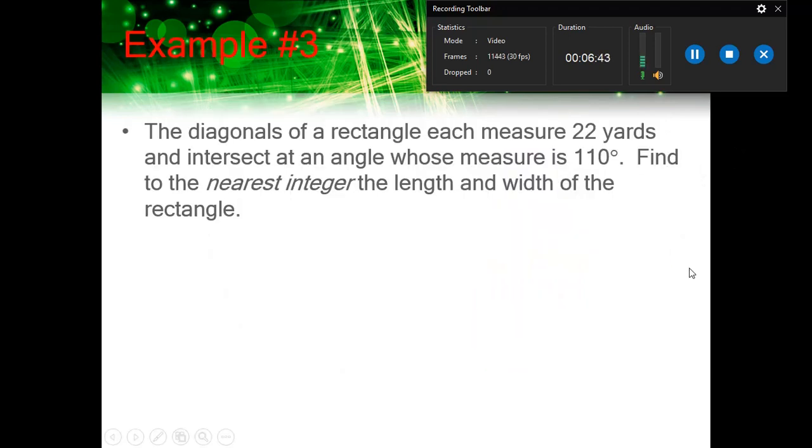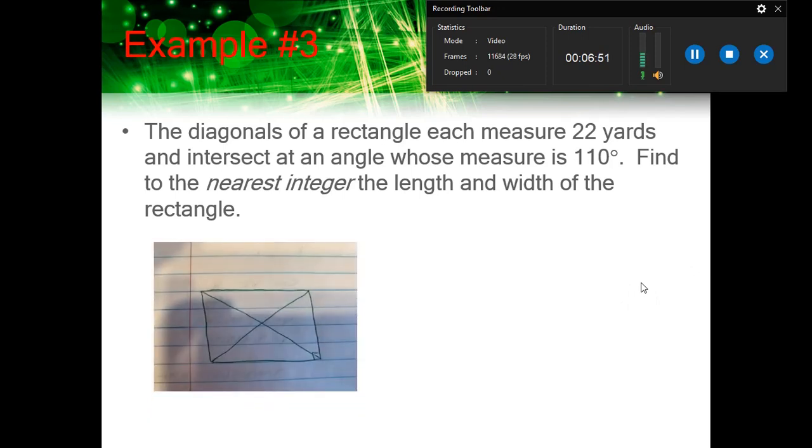For example number 3, they're talking about the diagonals of a rectangle, each measuring 22 yards. So let me start with my rectangle diagram. I did draw in both diagonals, and I did mark one right angle. Remember, in a rectangle, the diagonals are congruent, and they'll bisect each other, but you're going to form 4 equal pieces inside that rectangle. It also tells us that when the diagonals intersect, they're forming an angle that is 110